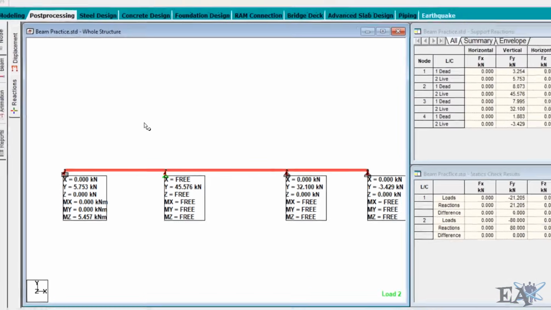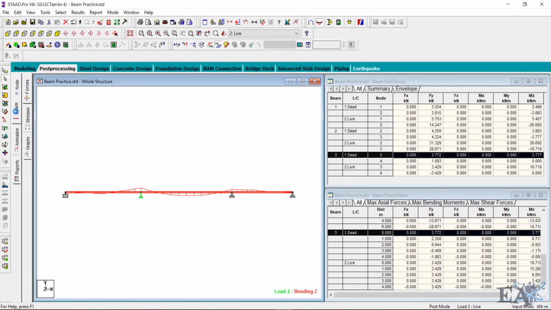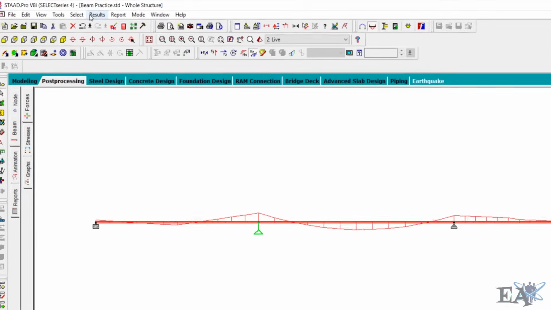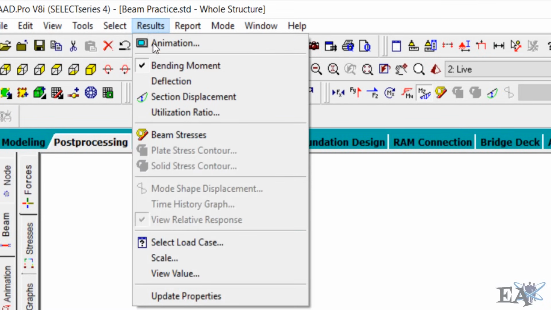Okay, after seeing the reactions, let us go to the beam tab. Here you can see the bending moment. You can see these results in a different manner as well. Let us maximize this window. You can see the bending moment diagram. Click on the results menu over here, click on results and click on view value,